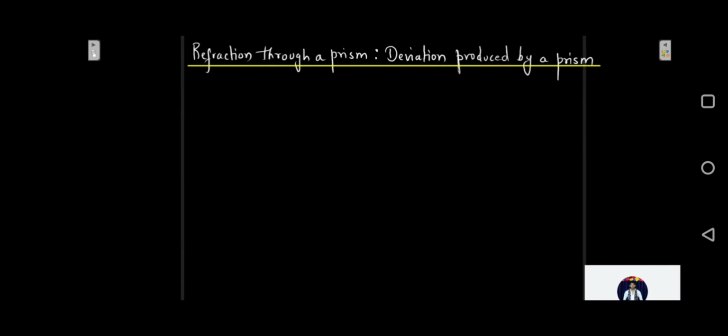Now we are going to look at the phenomenon of refraction through a prism. If you make a ray of light incident on one of the refracting faces of the prism, obviously it is going to experience a refraction, and as it comes out of the other face, there will be one more refraction happening there. So a total of 2 refractions, and then it emerges out of that prism. So what exactly happens there? This phenomenon of refraction through a prism we are going to learn.